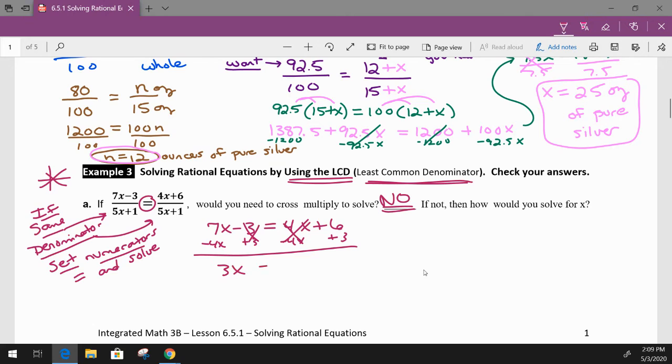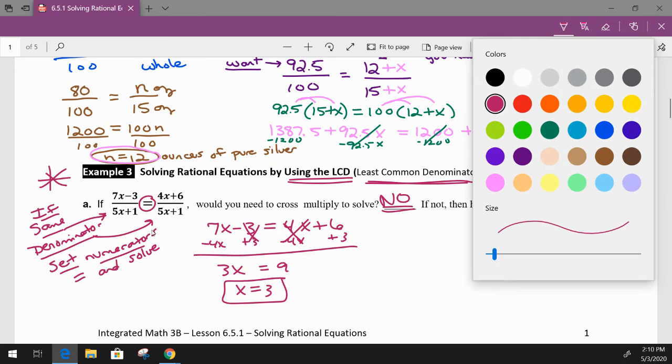I get 3x equals 9, divide by 3, and x equals 3. So that was a very simple problem to solve since our denominators were the same. Is there anything else I want to say about that? Nope, other than looking at your denominator,